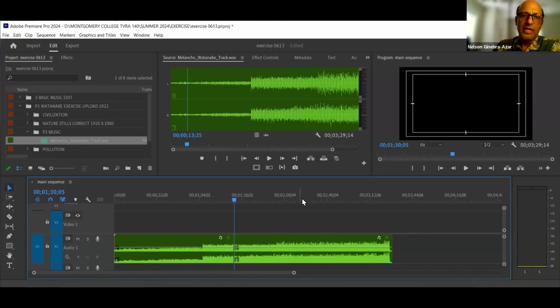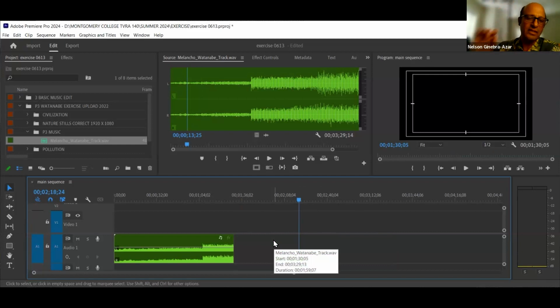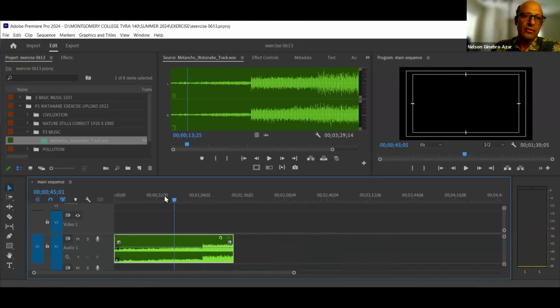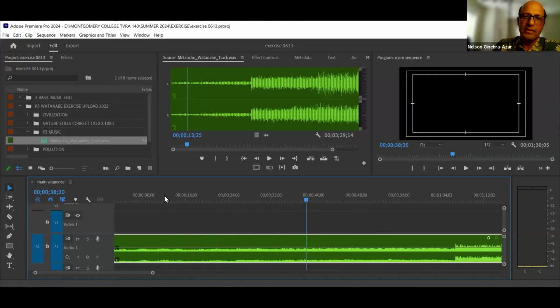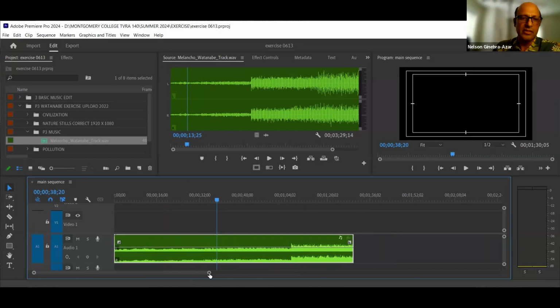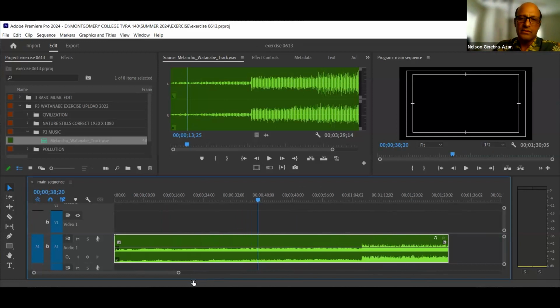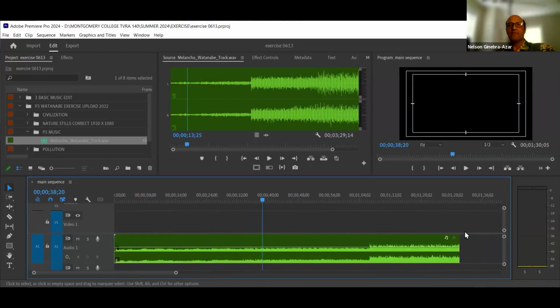Okay. So now we've cut it right here. We're going to select the back end and just delete it so we don't have all that extra stuff. So now we'll come in here. Let's magnify that a little bit, right? So we can see the music. There you go. So I have a decent image of that. All right. So save that. And now